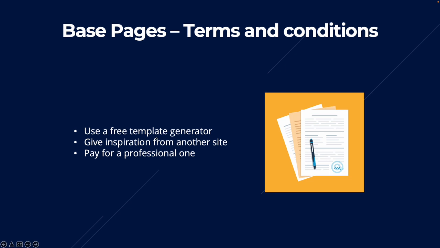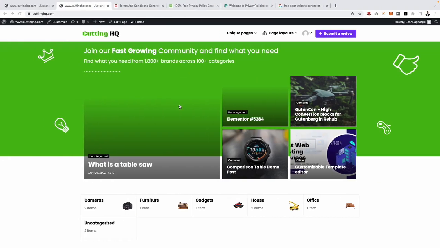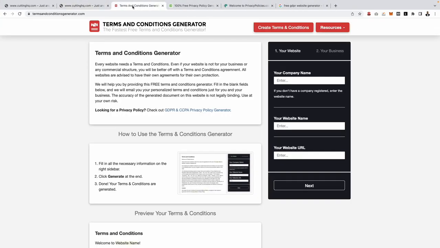You can use a free template for now, and as you start to build traffic and revenue, go ahead, revisit it, maybe pay for a professional one later on down the line, which is exactly what I do. So let me show you the free template generator I use. I will include a link to it in the resources, of course. It's this one right here,